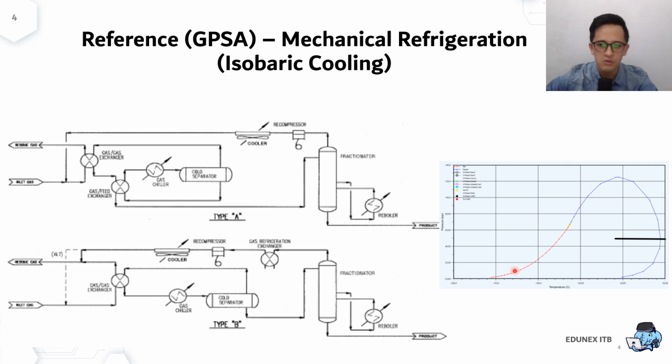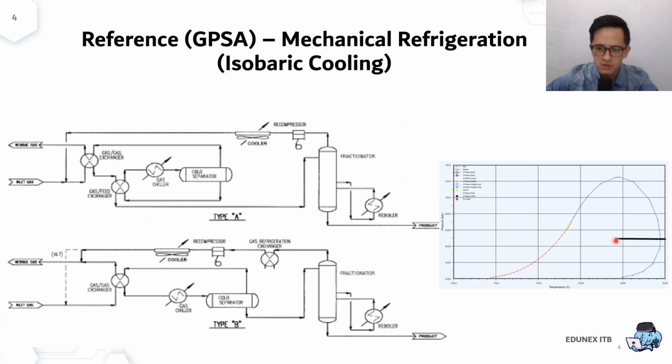For mechanical refrigeration, in thermodynamic terms, this is isobaric cooling. We can also make the envelope diagram from HYSYS later, for example a PT diagram such as shown in this slide, or it can be expressed as a PH diagram, TS diagram, etc. Because this is isobaric cooling, it is expressed as pressure versus temperature. It's isobaric, so the horizontal line, because it's at constant pressure, but because of the temperature decrease, it will move inside of the envelope. That means we will have a two-phase stream, vapor and liquid.